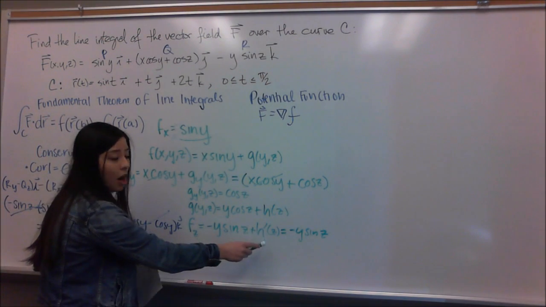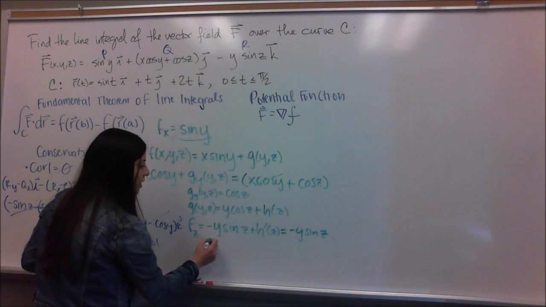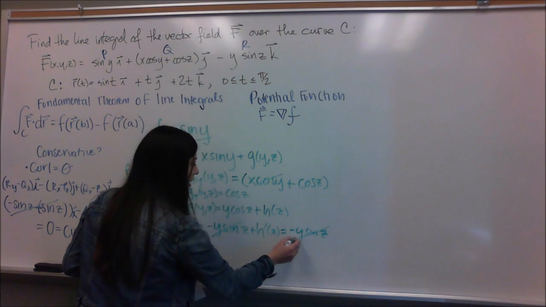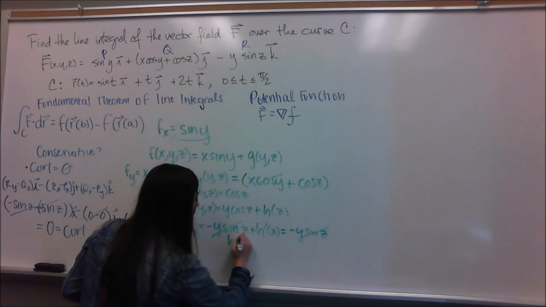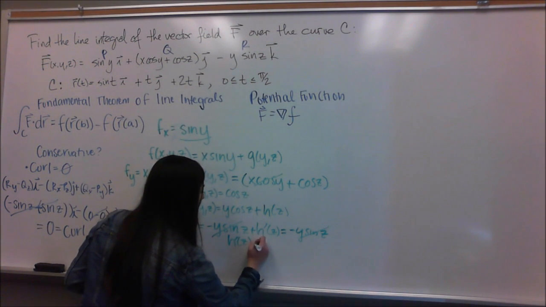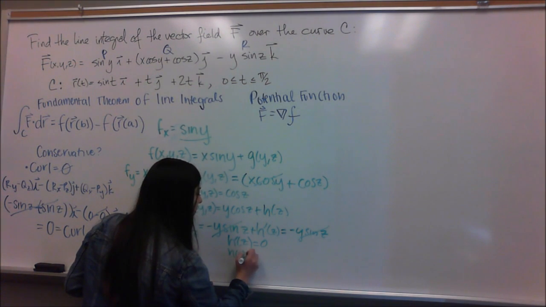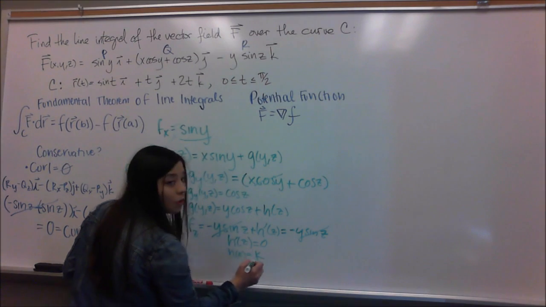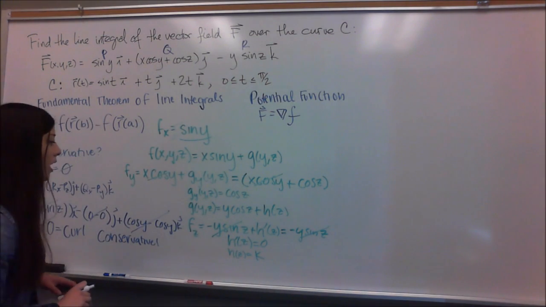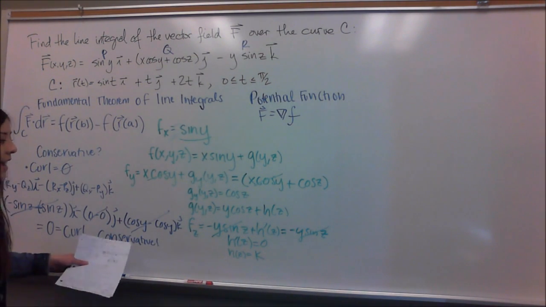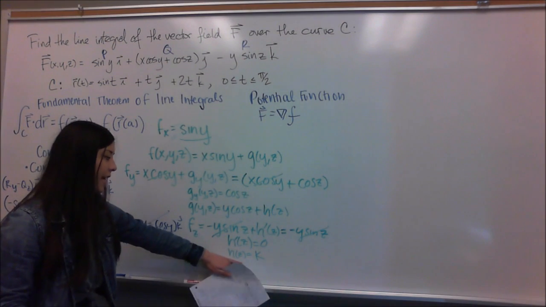And now we can solve for our unknown, which is actually going to be 0, meaning the h of z is just a constant, which we'll call k. So, now that we know the h of z is just a k,